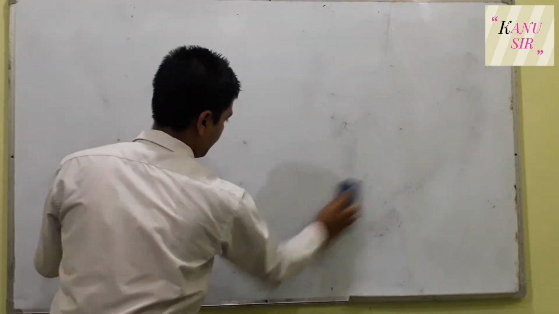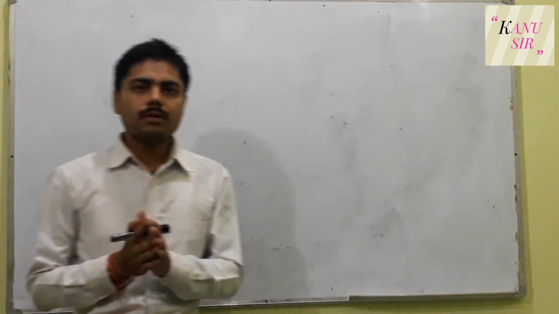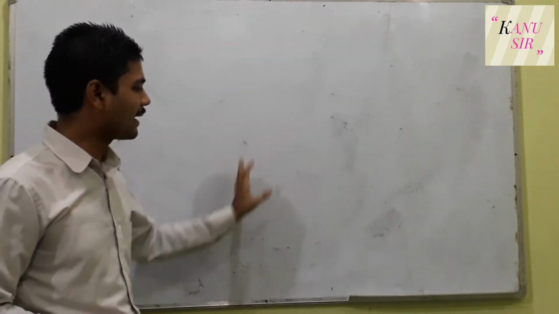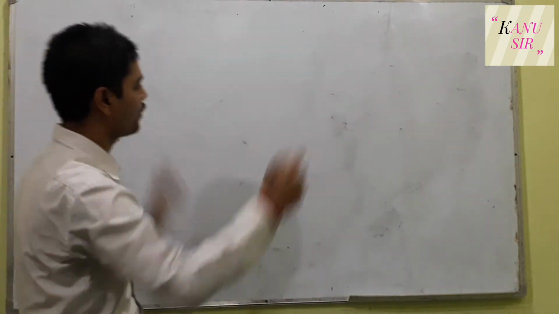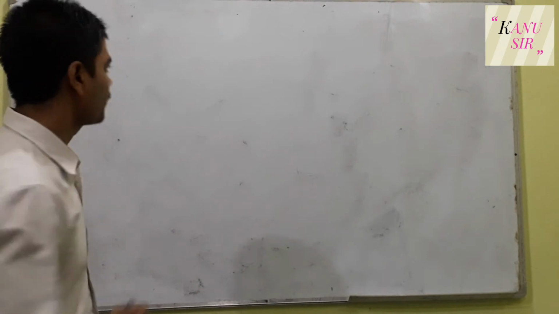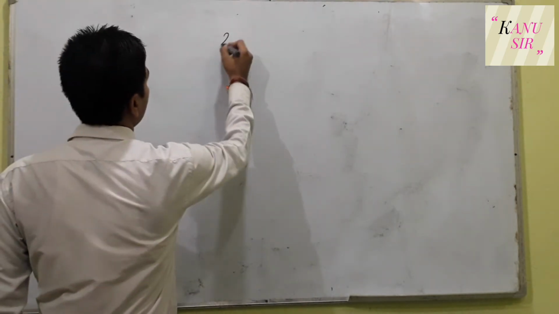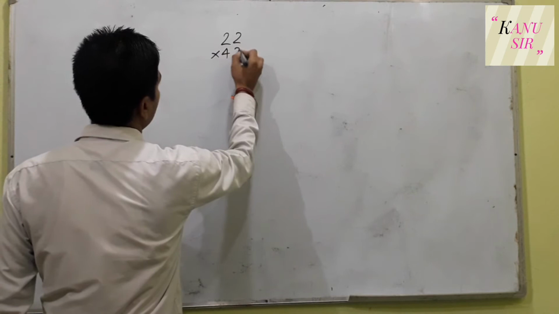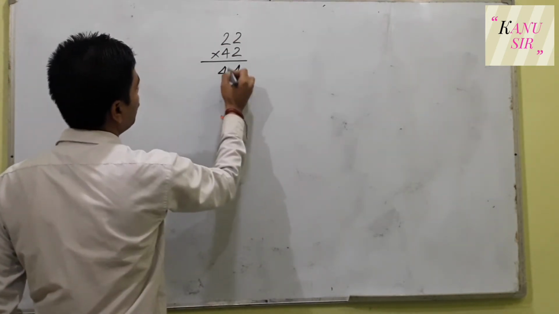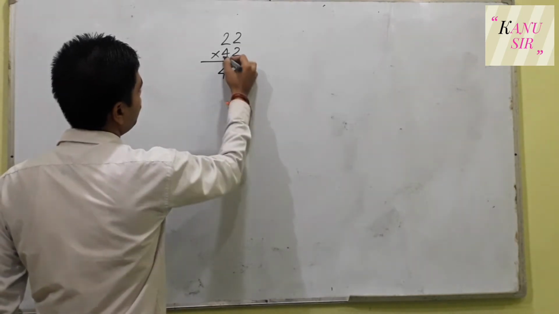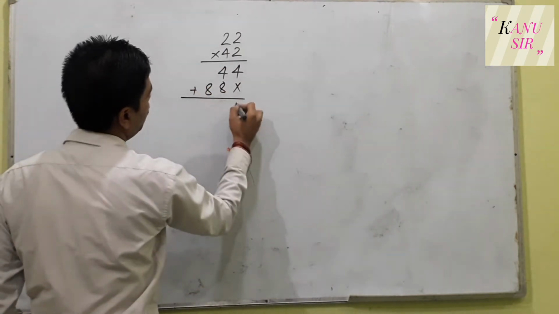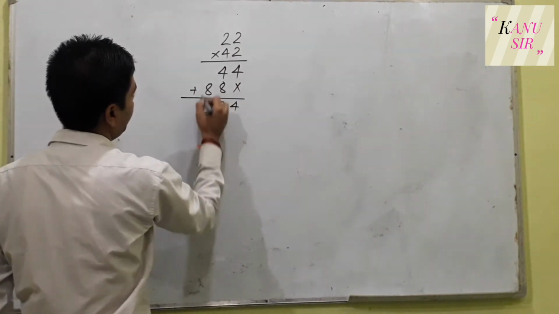Now, if you find it difficult or you find it boring, just making lines, I don't want to make lines, it takes more pages, it's just fun. But okay, let us take another process. 22 times 42. 2 2s are 4, write your cross, 4 2s are 8, 4 2s are 8. 4, 12, 1, 9.